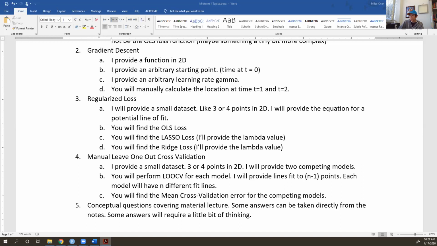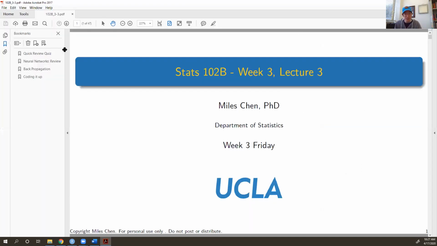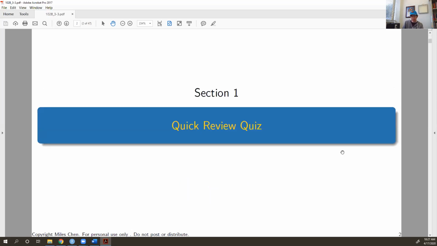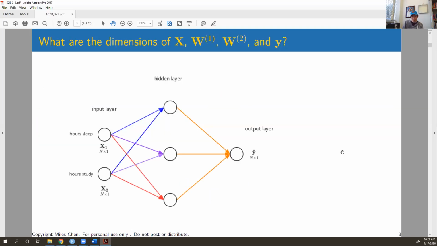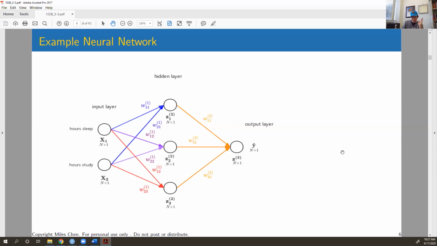Okay, so today we'll continue our neural network topic. So what are the dimensions of this? All right, and so what we covered on Wednesday, kind of forward feed,